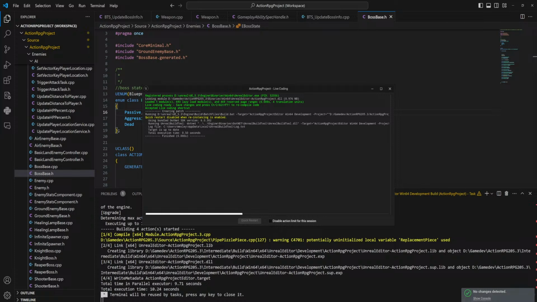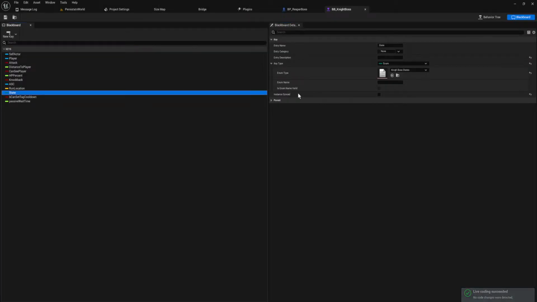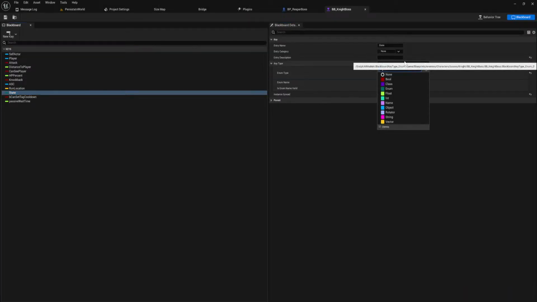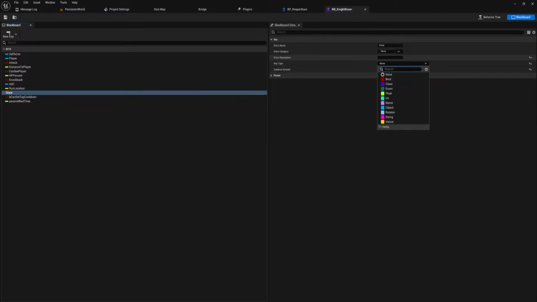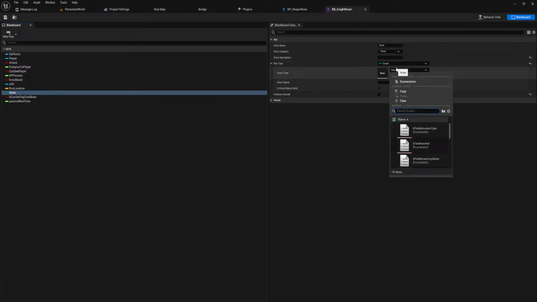So why is it not showing up? Anybody care to explain? Because it should be. Let's set this to none and then back to enum. Maybe you just need to reload the list or something.